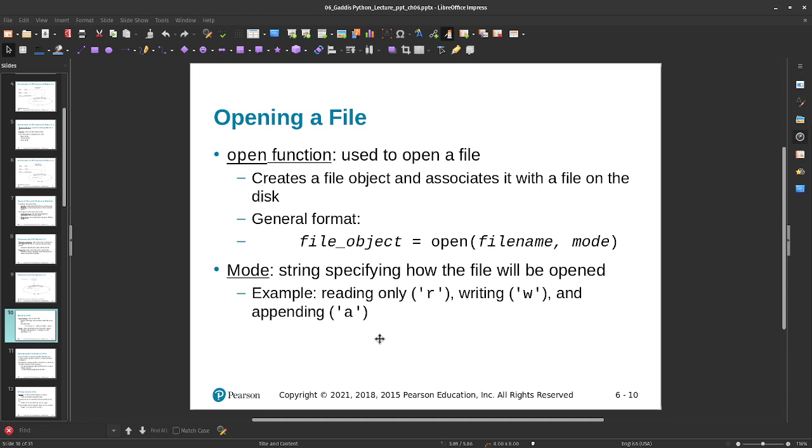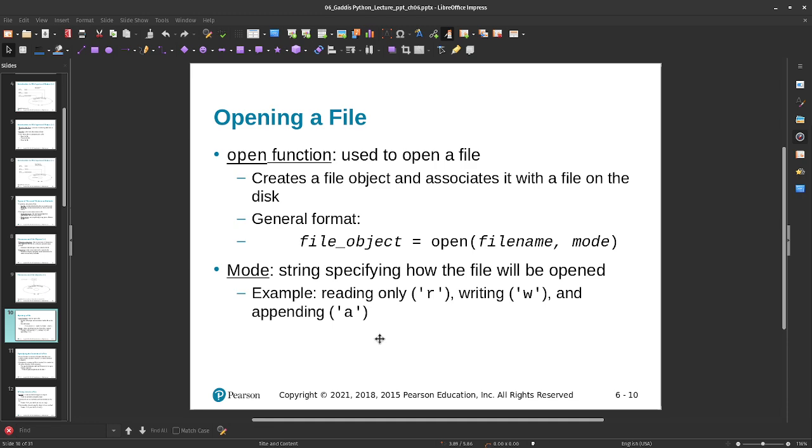Append means you can open it up, you can't delete any of the stuff that's on there, but you can add stuff at the end of it. So that means you can change the file, but you can't erase any previous information. So if you don't have to add anything to a file, always open it in read only. And I will kind of expect that on your homeworks. I want you to open the files in read only if you don't have to write to them. If you have to write to them, I would love to see append, unless you absolutely have to overwrite the